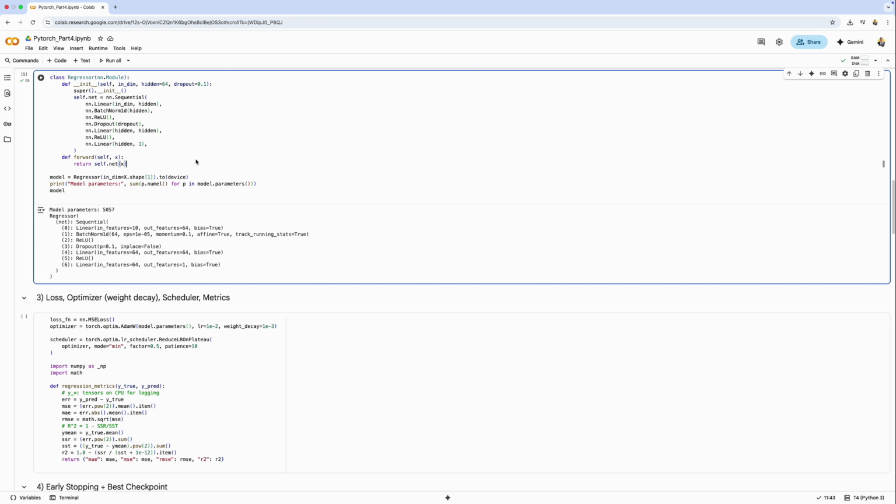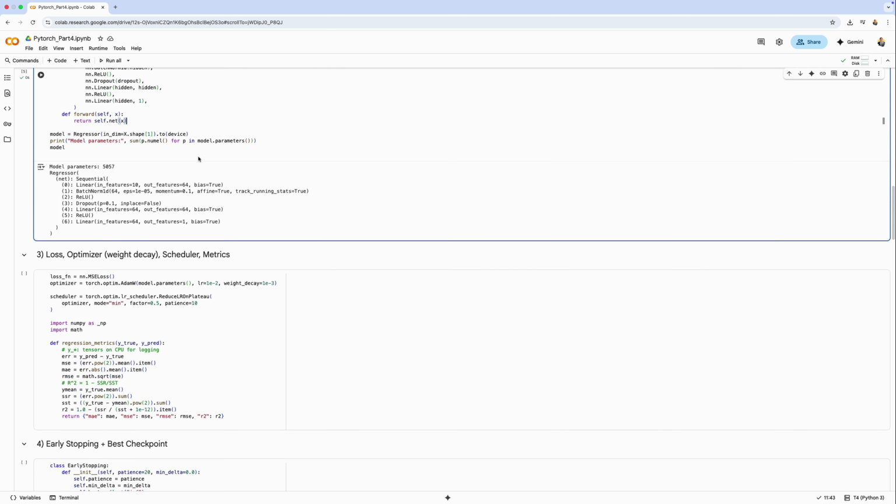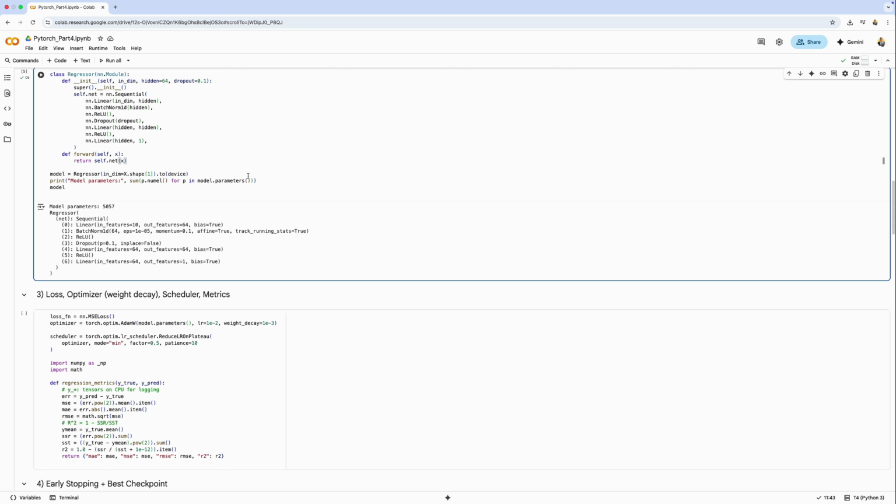By default, PyTorch initializes weights with sensible heuristics, for example Kaiming/He initialization where appropriate, which generally work well with ReLU networks. You can swap in a custom initializer later if you want tighter control. In short, this architecture is intentionally small, regularized, and easy to train. Batch norm for stability, ReLU for nonlinearity, dropout for generalization, and a single unit head for scalar regression. It's a practical baseline, simple enough for beginners to understand, yet strong enough to produce reliable results on the standardized